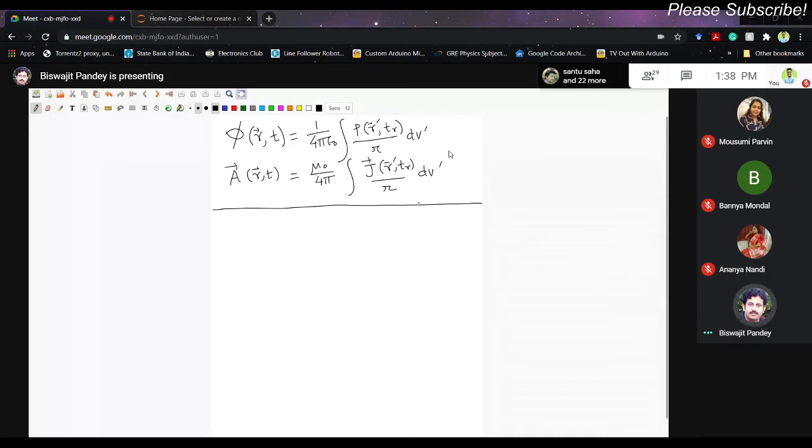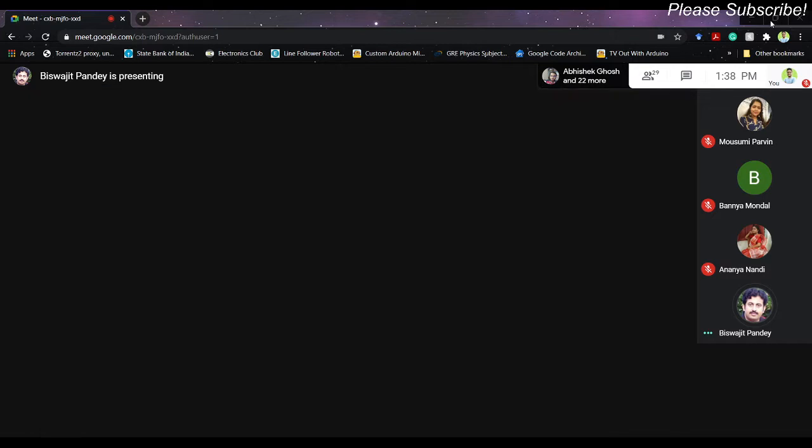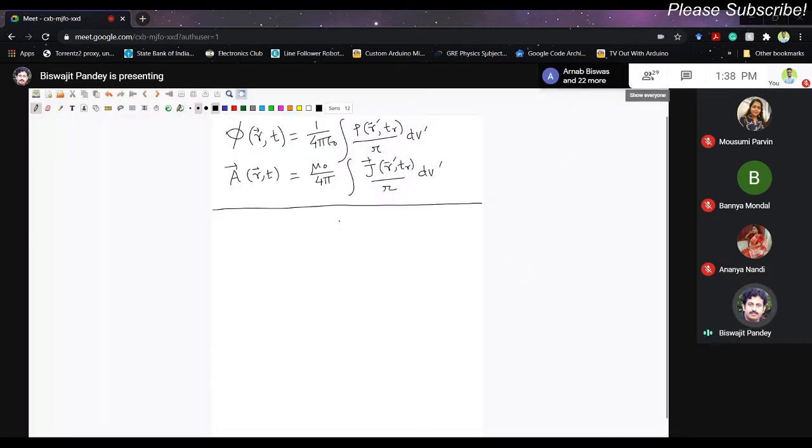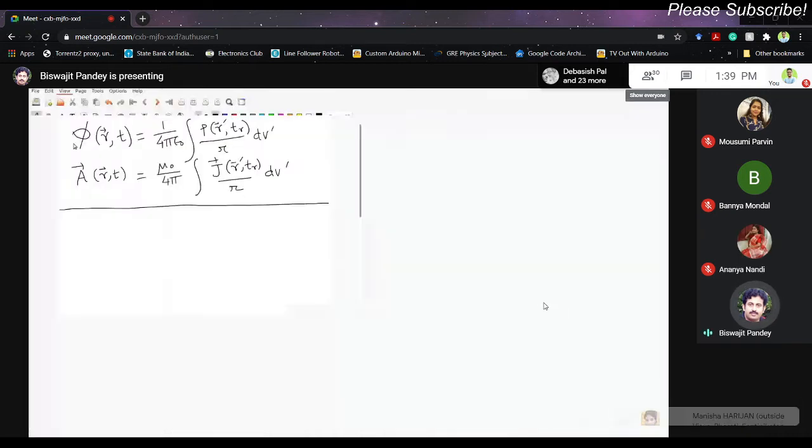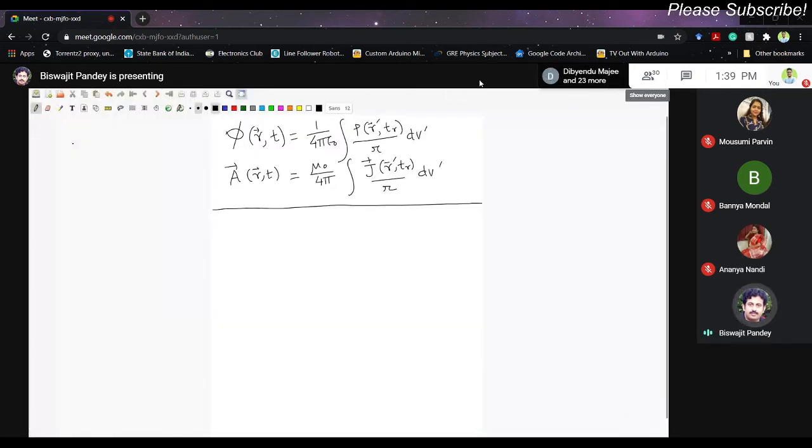So in the beginning, let us discuss the problem of a moving charge, one single point charge which is moving. That can also give rise to variation in charge density and current density. If you understand this clearly, you will have a better physical insight into the problem, and then handling the general scenario will be straightforward. So let us start our discussion with the moving point charge.